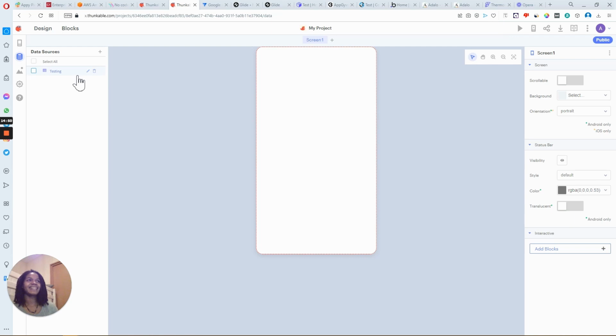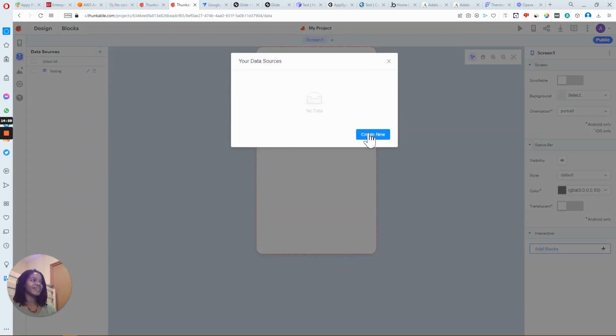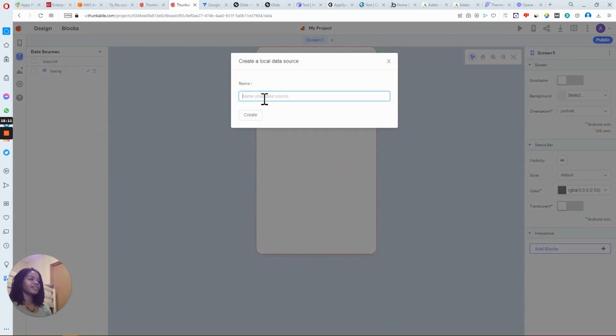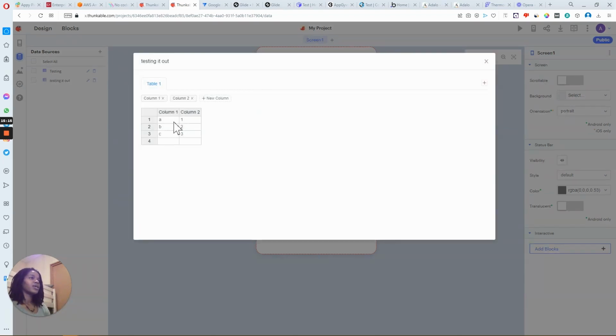stopped on the data because there's two things I stopped on actually. I stopped on the data sources. So I opened this up. I was like, okay, let me create some data so you can connect different things. But I like it if you can create a database within the platform itself. And so I clicked on that, and I was testing it out. And then it showed me this, and I was not into